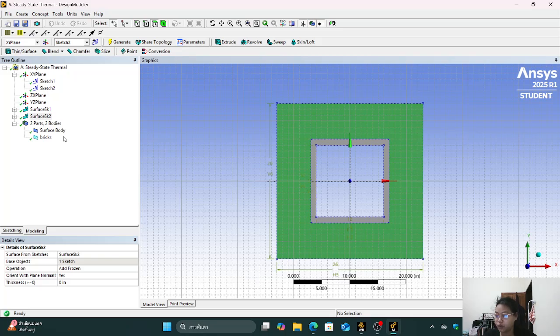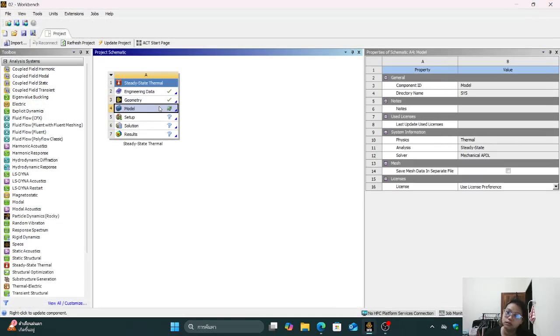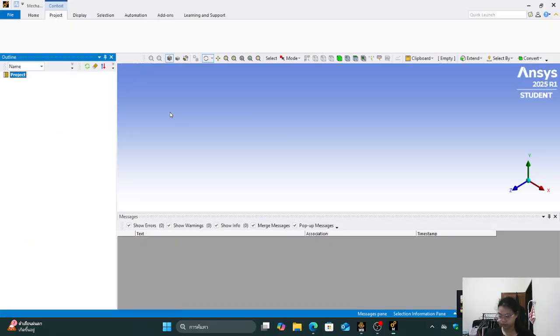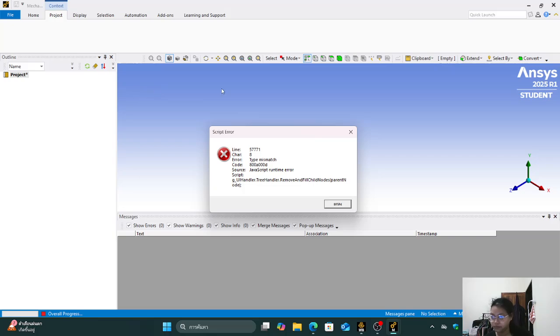The next is battery. You need to input the model and then, so for that model, you click on model and it will open a new window. Now new window for model, and the first we need to do material assignment, but before that we need to change the units. So in the home, while clicking on that model,